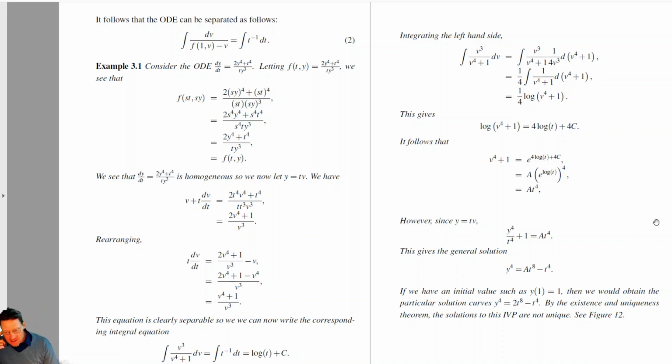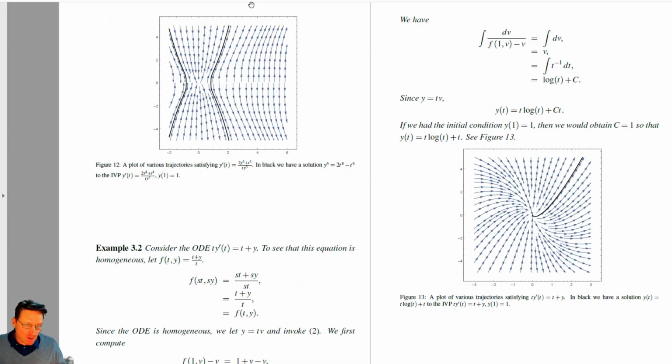Now remember, the existence and uniqueness theorem says that the solutions to this initial value problem are not necessarily unique, because we may have a discontinuity at the initial value or near it, or a partial derivative not defined. Perhaps ambiguous. I won't go into the details of that, but I do have